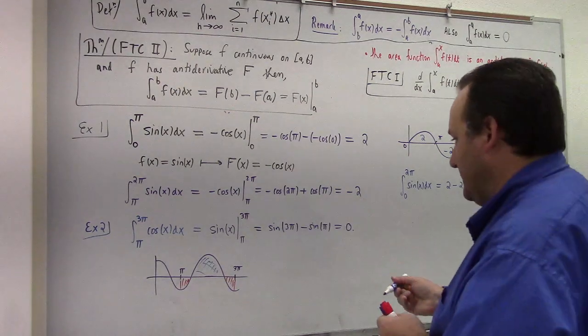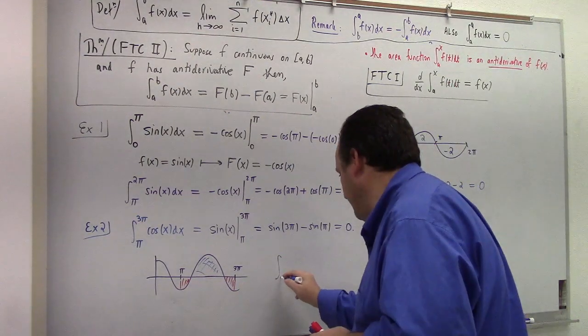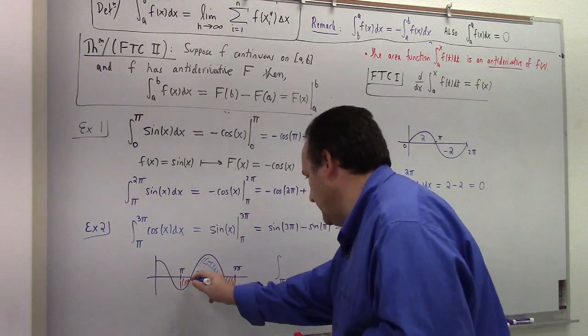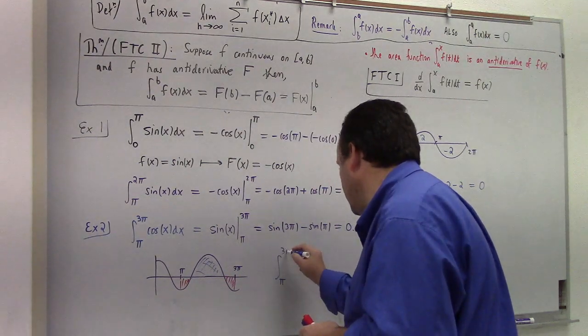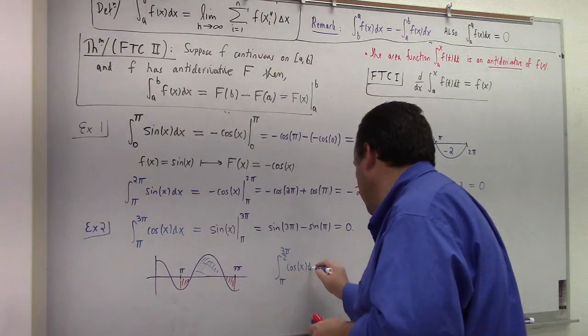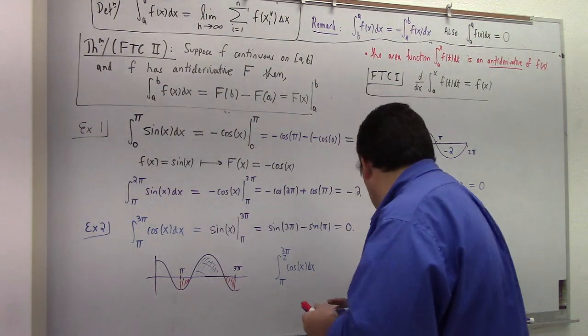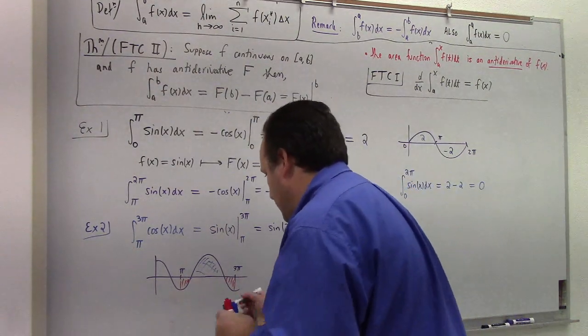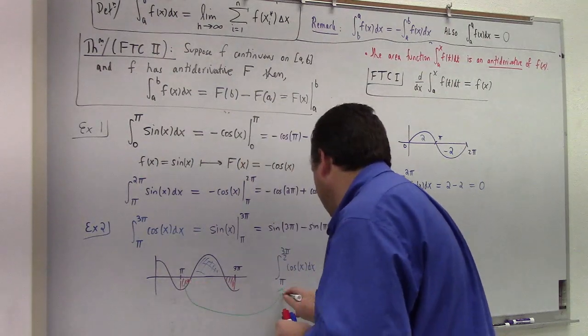Here, we could figure it out explicitly. What's the integral from pi to 3 pi over 2 of cosine of x dx? See, that should be whatever this is right here. Right? Because that's